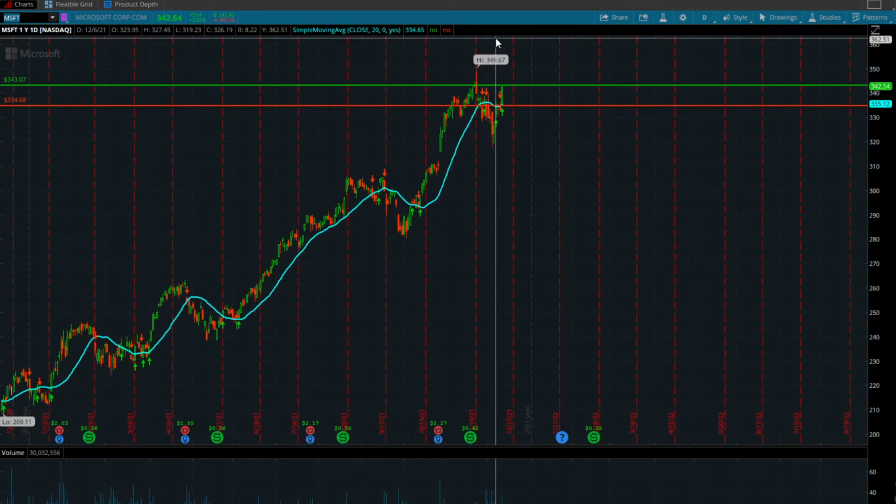Each and every single one of these companies is going to give you enough true daily range. What that means is the stock is going to move, whether higher or lower, enough so you can capitalize on those particular moves intraday and come out making $100 a day on your options contracts. So, getting into the strategy, first things first, what we want to do is